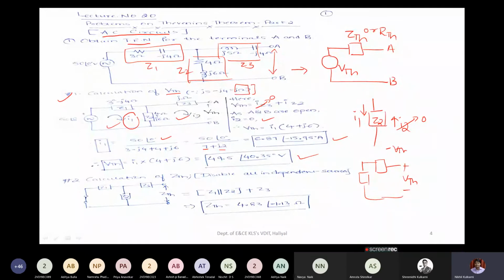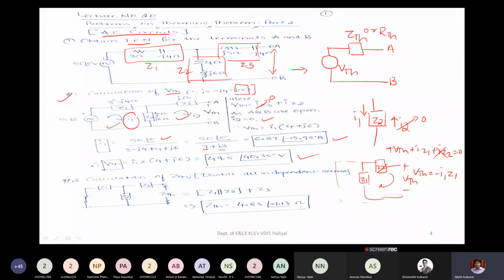You can write, if you go clockwise, you will get VTH, and if I assume this as Z1 Z2, plus current flowing in Z1 plus current flowing in Z2 equal to 0. Since we have some closed path, but no current will flow through Z2, so this we can discard. If you apply in the required way, you will be getting this. So for this circuit, you can write this as I1 times Z1. Minus is not applicable here.